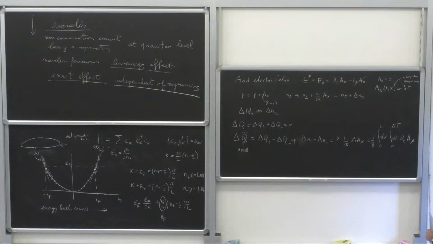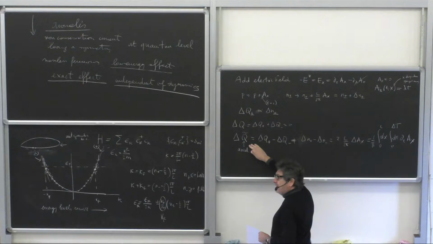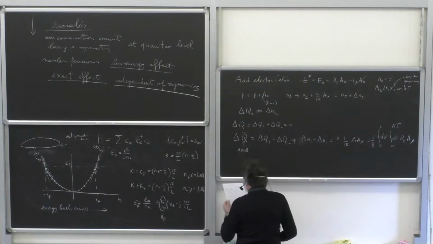Because I choose a time independent, space independent A_x, in the end I can recover this. Because this is a charge, it is both a scalar with respect to Lorentz invariance and also gauge invariant. So I can rewrite this equation in a covariant form, okay? And the relation is the following.